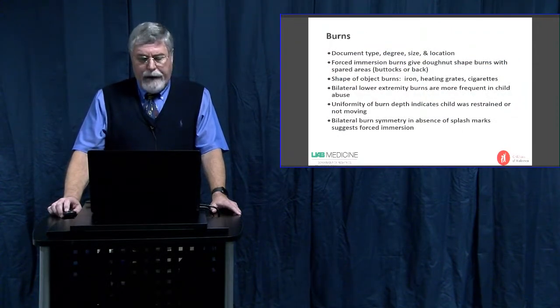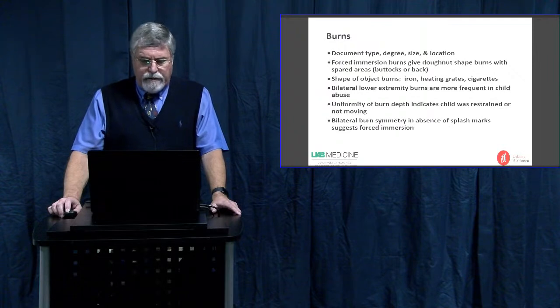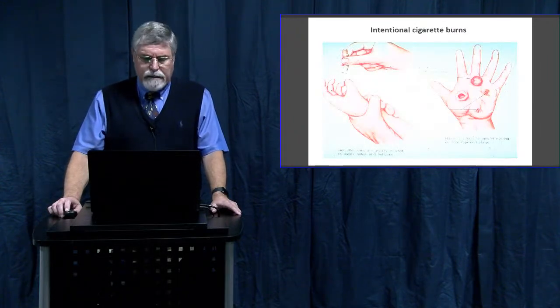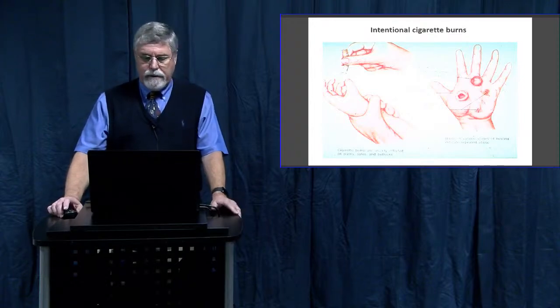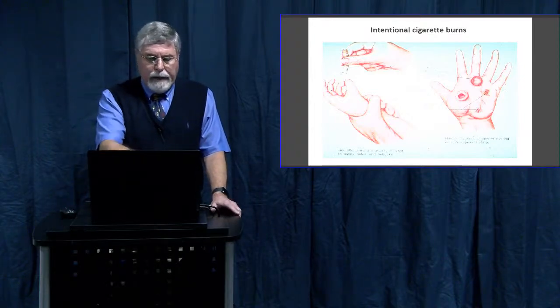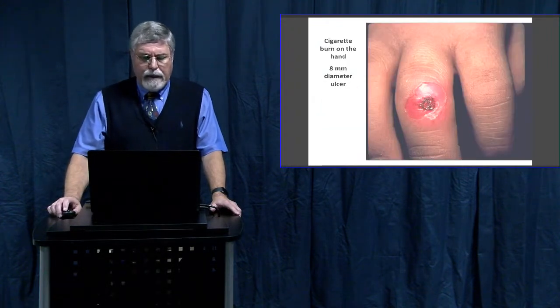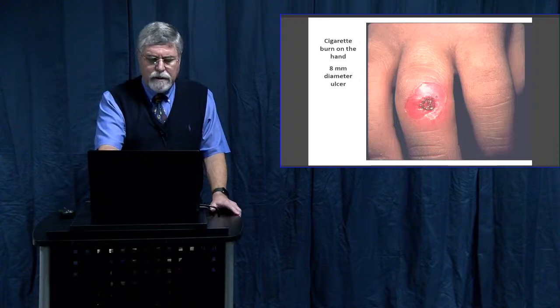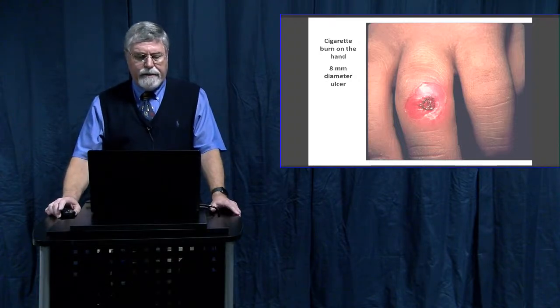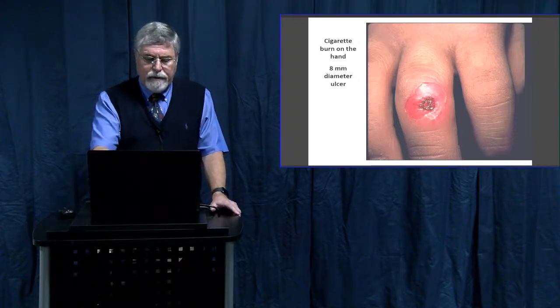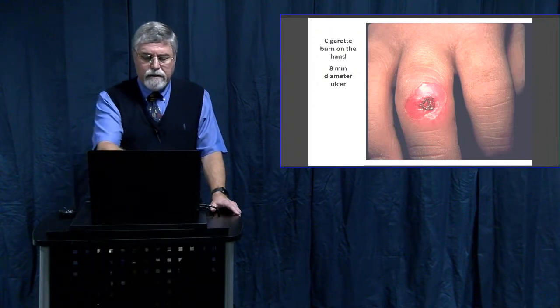With burns, you look for patterns. Does it match the history of the injury? Cigarettes produce a certain pattern, and again, this is the whole idea that pain is a good discipline technique. Some people will use that to discipline a child. If they're the commercially available cigarettes, the burns will be around 8 to 9 millimeters in diameter with this eschar, the burn in the center, and then surrounding edema,